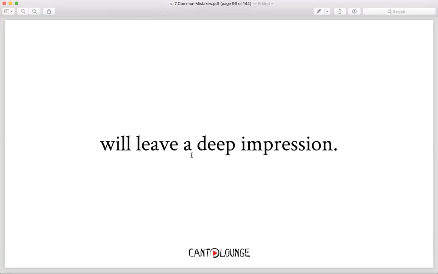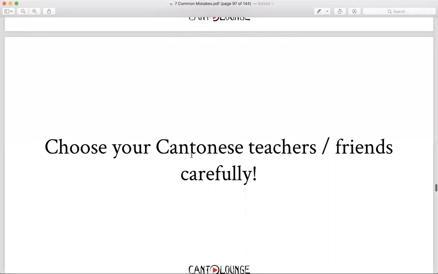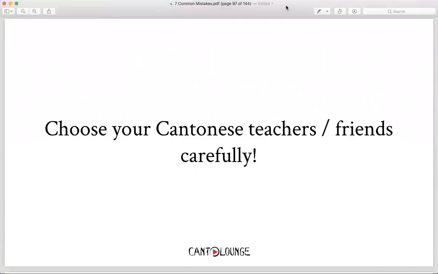And when you're speaking Cantonese with them, that's when the perfectionist mentality will come up, or maybe not, depending on how they react, right? And so I would advise you to choose your Cantonese teachers and friends carefully, because I think when I was scrolling through the messages earlier, someone said that their Cantonese friends were being unusually harsh on their pronunciation, and I think that can leave a scar,